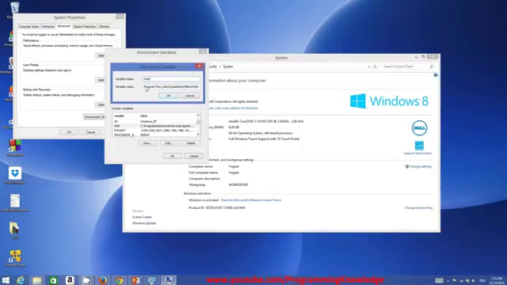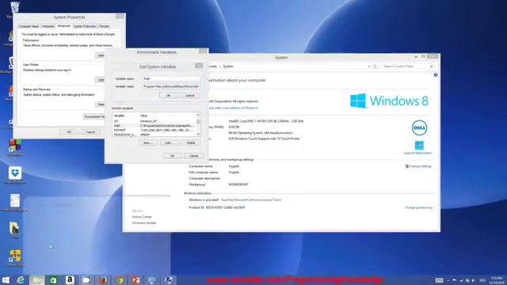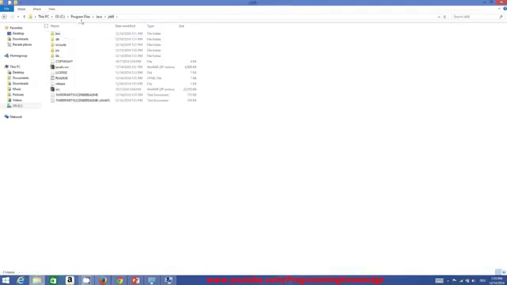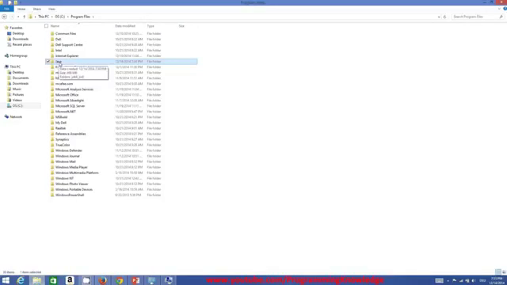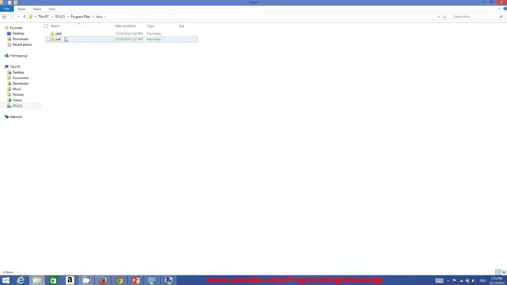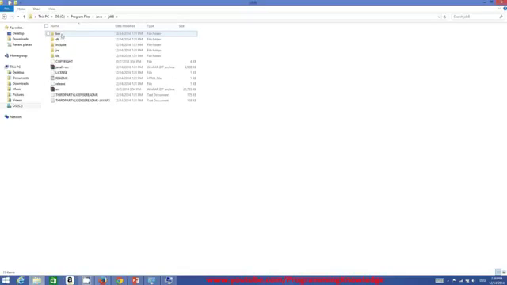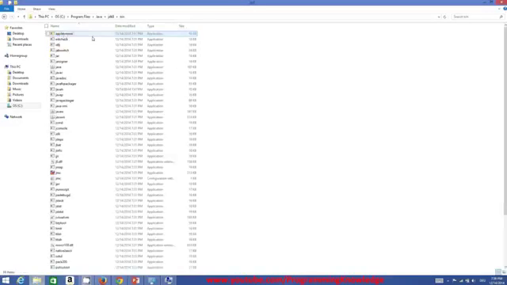and the variable value. There will already be some values in here, and you need to add some more value here, which is the JDK. So go once again to Program Files and the Java folder wherever you have installed it, and then go to JDK8, which is the folder we renamed, and inside this JDK8 go to the bin folder, and this destination, which is C:\Program Files\Java\JDK8\bin,